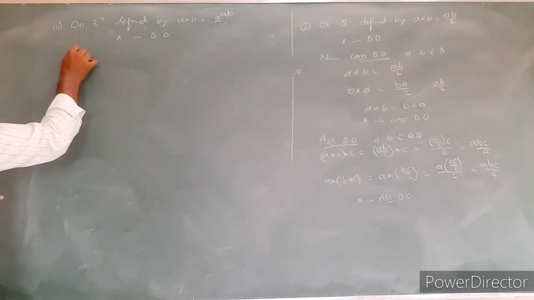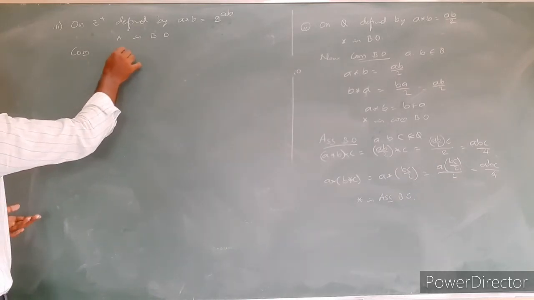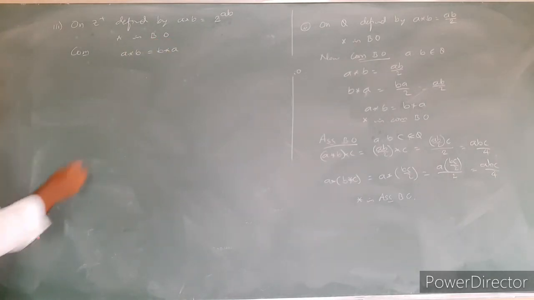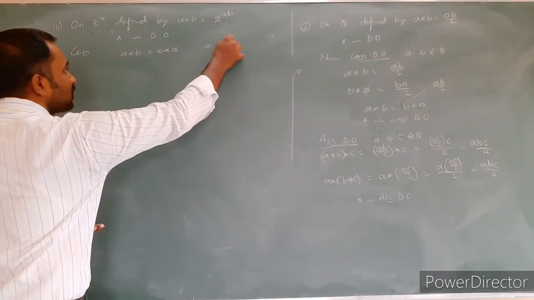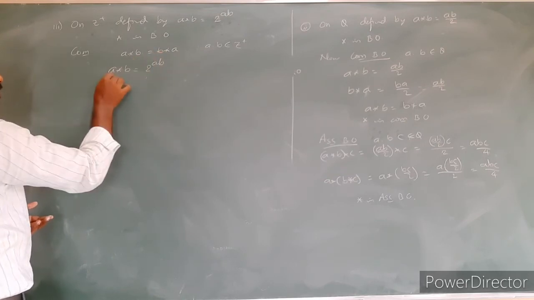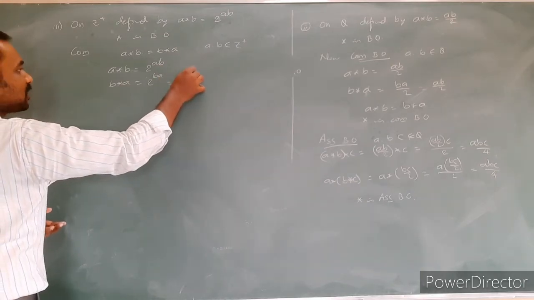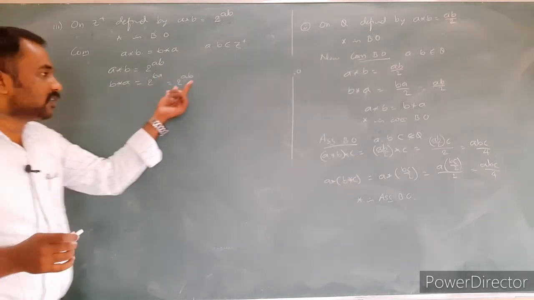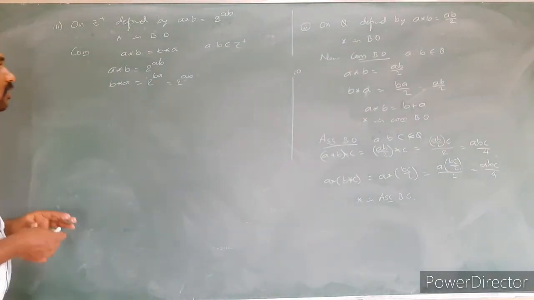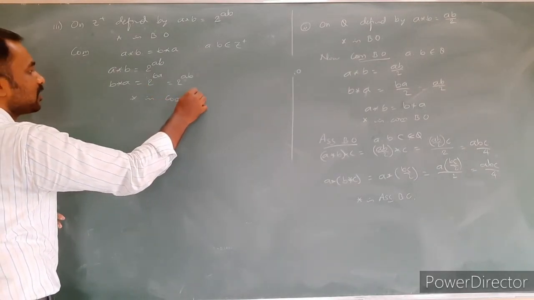Now check for the commutative binary operation. What do you say about it? Whether it is a commutative binary operation or not. That means A star B is equal to B star A, we have to get it, provided that A and B are any two positive integers. LHS part, A star B is nothing but 2 power AB. B star A is nothing but 2 power BA. 2 power BA can be written as AB, because already you know that multiplication on the positive integers is a commutative binary operation. Yes, LHS is equal to RHS. Star is a commutative binary operation.